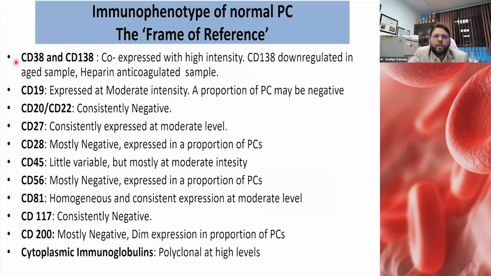Normal plasma cells have co-expression of 38 and 138. They dimly express 19. They do not express 20 and 22. They are consistently negative. 27 is expressed, 28 mostly negative, 45 is a little variable. 56 is mostly negative; a strong expression with a loss of 19 defines it to be an abnormal cell. CD117 is consistently negative, and this is one of the important neoplastic markers for plasma cells. Cytoplasmic immunoglobulins are polyclonal and at high levels in the plasma cells. So these normal phenotypes act as a frame of reference when we analyze plasma cells with the help of flow